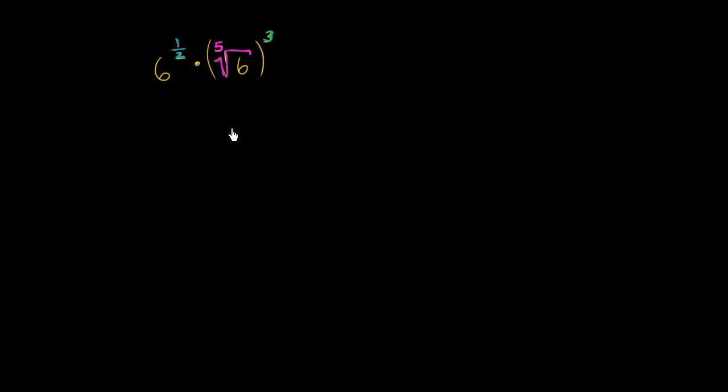So this part right over here we could rewrite as 6 to the 1/5 power, and then that whole thing gets raised to the third power, and of course we have this 6 to the 1/2 power out here, times all of this business. Now, what happens if we raise something to an exponent and then raise that whole thing to another exponent? Well, we've already seen in our exponent properties, that's the equivalent of raising this to the product of these two exponents. So this part right over here could be rewritten as,